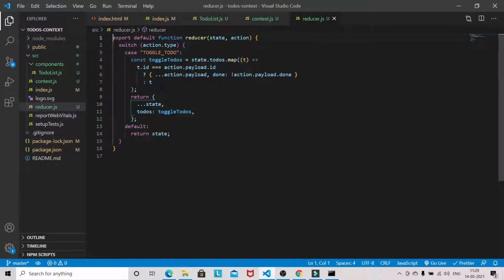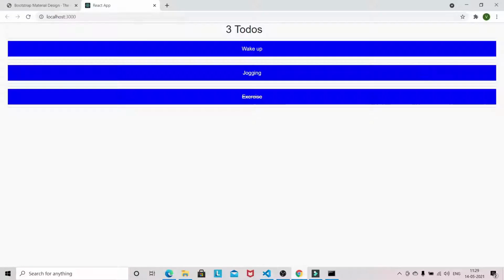Okay, so let's see if this one is working or not. So you can see we are able to mark as complete. Also you can do this one also. So the first functionality we have implemented, like toggling to do.